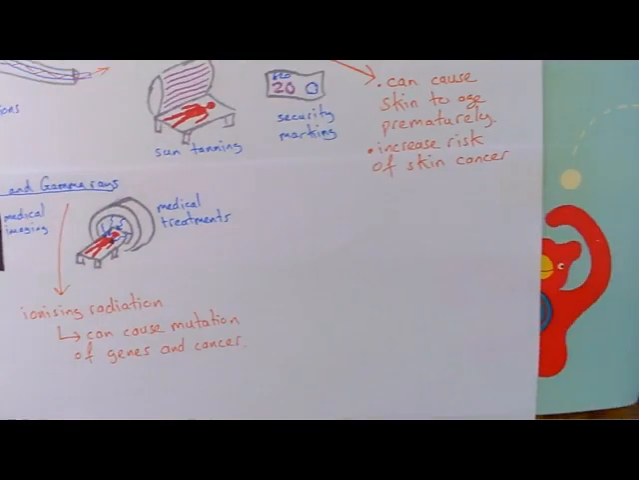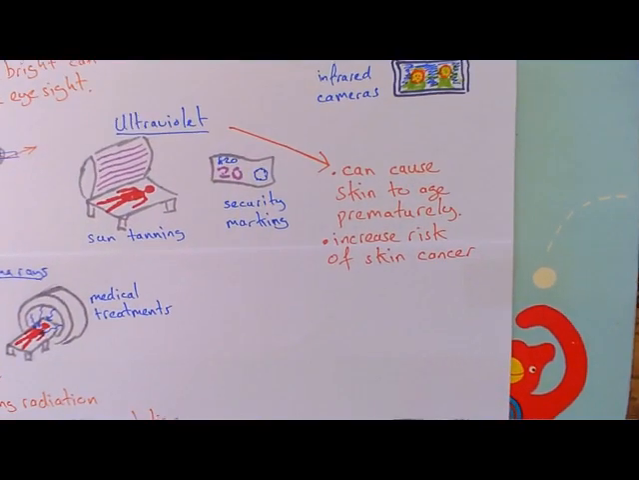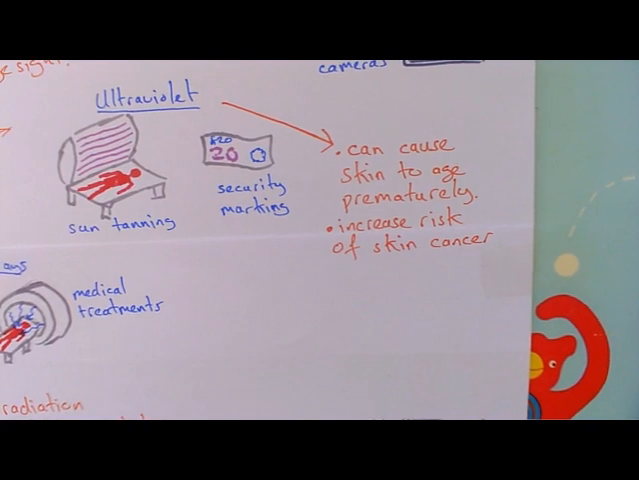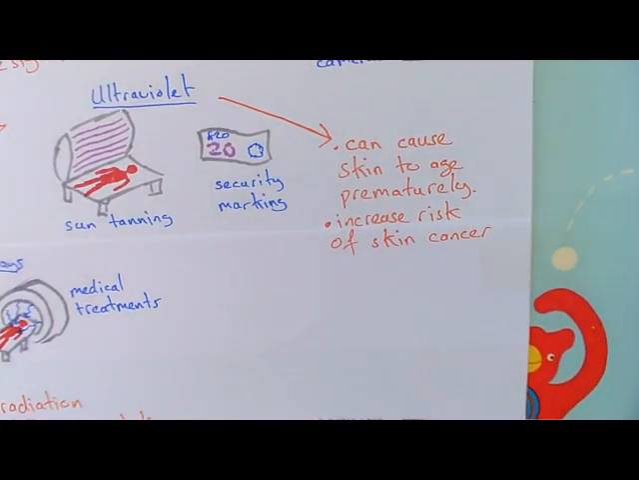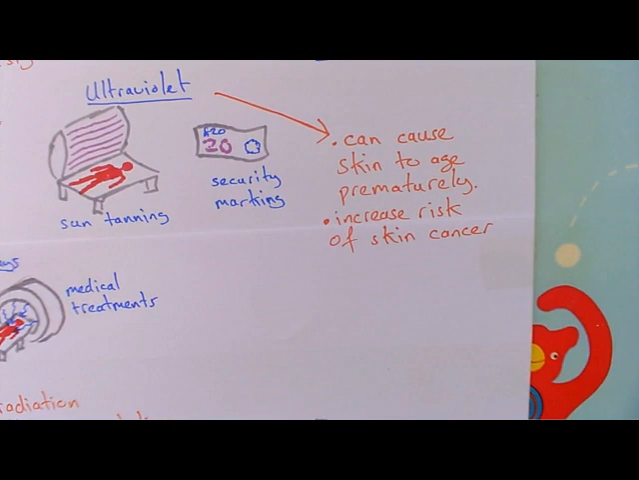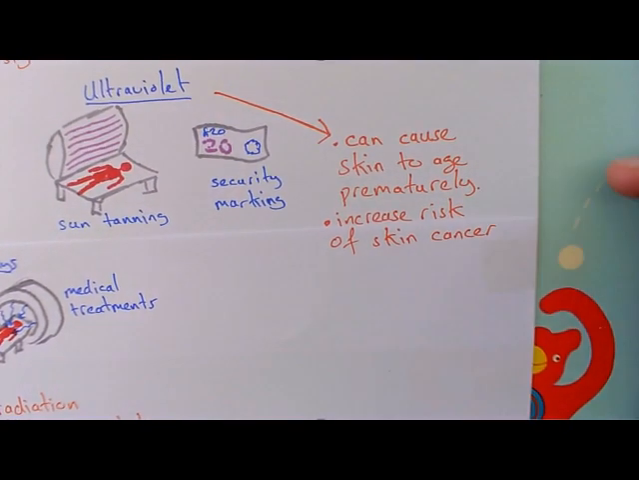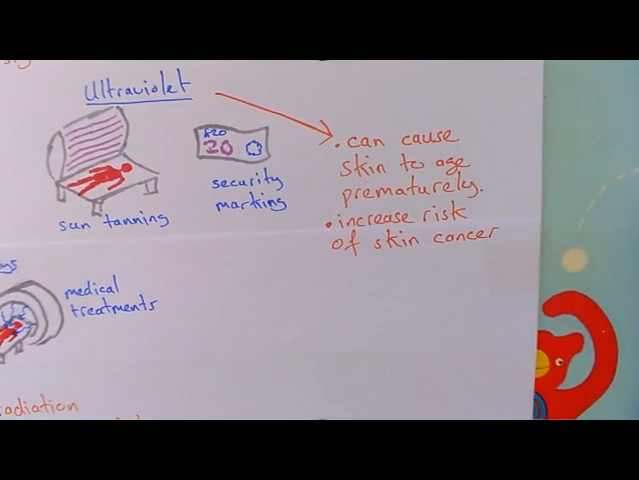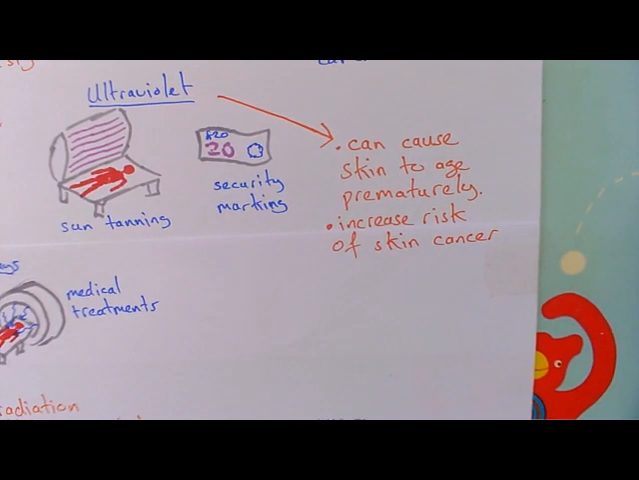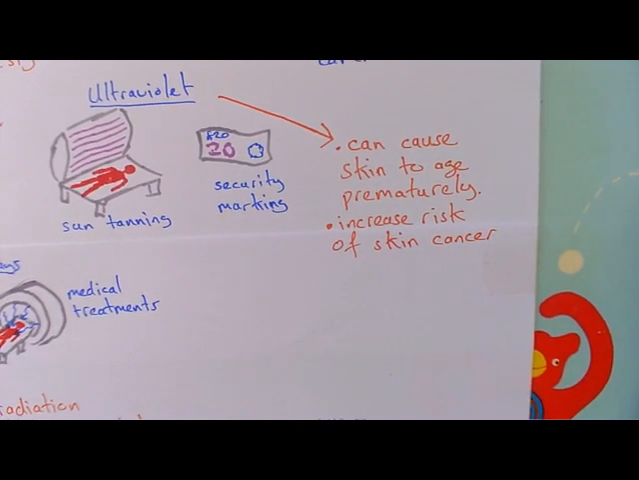Ultraviolet radiation. So this is the one that you can use for sun tanning. It's what the sun gives a lot of, and we use this in our sun cream. We use UV blocks in our sun cream, and the reason is one, it can cause skin to age prematurely. So lots of exposure to the sun can cause your skin to age prematurely, and also it can increase your